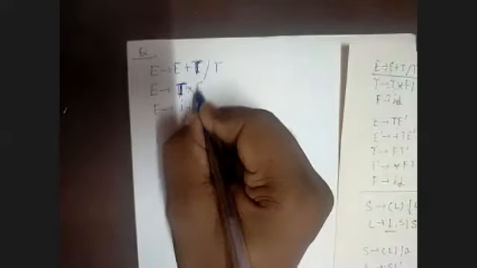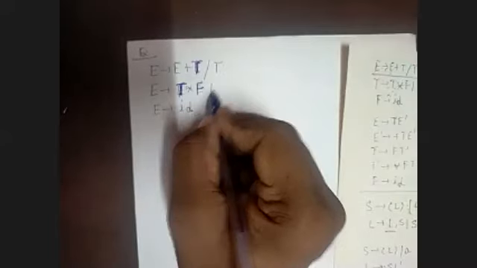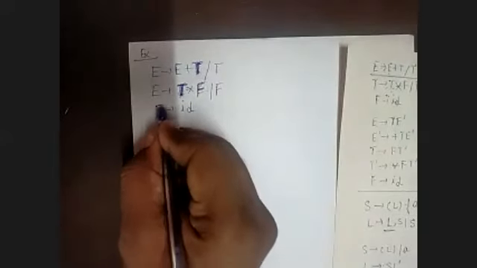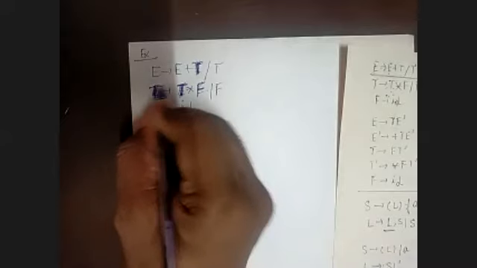E tends to E plus T or T, and T tends to T asterisk F or F, and F tends to ID. These are the productions. E tends to E plus T, T tends to T asterisk F or F, F tends to ID. Now, if you try to find the first of these productions,